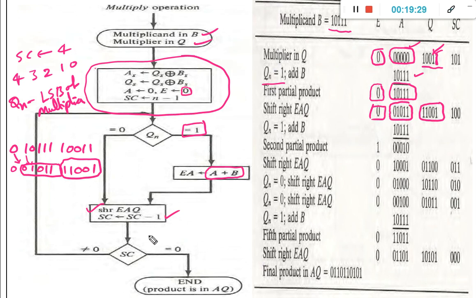After the decrement of the sequence counter, once again check the sequence counter. The sequence counter is not equal to 0, so once again repeat the same sequence of steps. Check the Qn value. Now the Qn value is once again 1. So if the Qn value is once again 1, then what to do? Add the content of B to the intermediate product. So 1 0 1 1 1 add, then you are going to get 0 0 0 1 0,